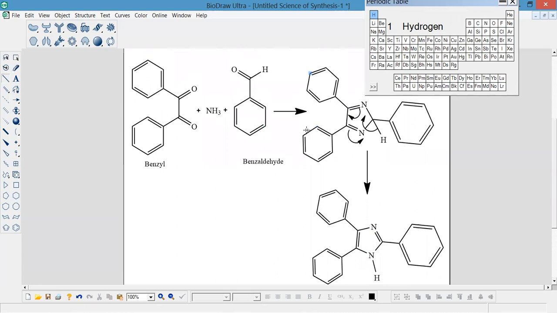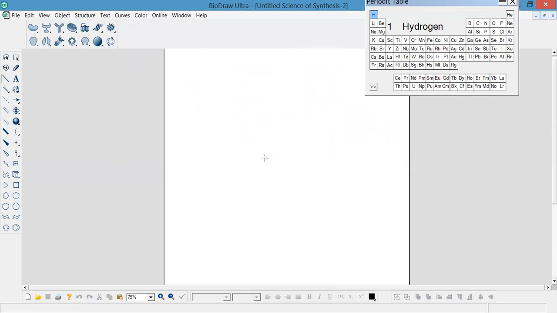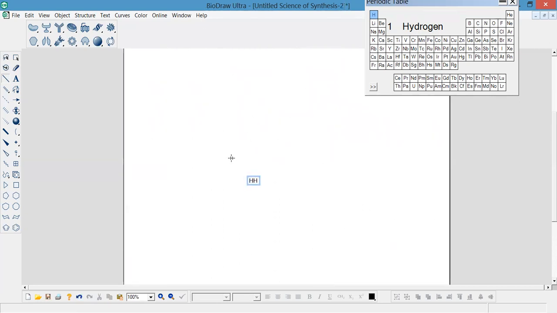By using this software you can also draw the reaction mechanism. We have discussed how to draw the structure, how to get the IUPAC nomenclature from the structure, how to get the structure from the IUPAC nomenclature, and how to draw the reaction mechanism. Now we will see certain other things: you can also draw certain reaction assemblies. For example, we will draw the distillation assembly here.